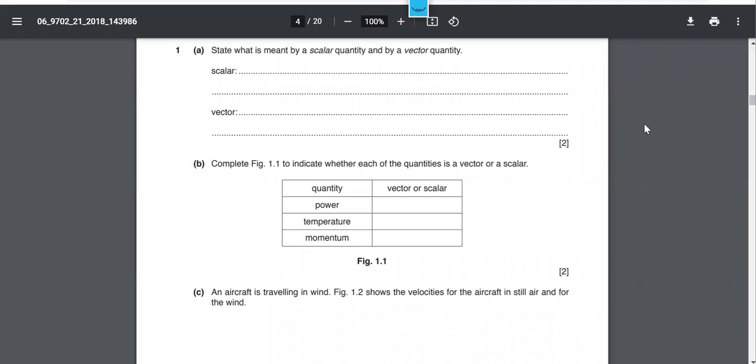All right. Today we're looking at a quiz that started with: state what is meant by a scalar quantity and by a vector quantity. I was really hoping you guys would nail this one in particular. Okay. Open note, hopefully you're able to find some good notes there. If you put something like